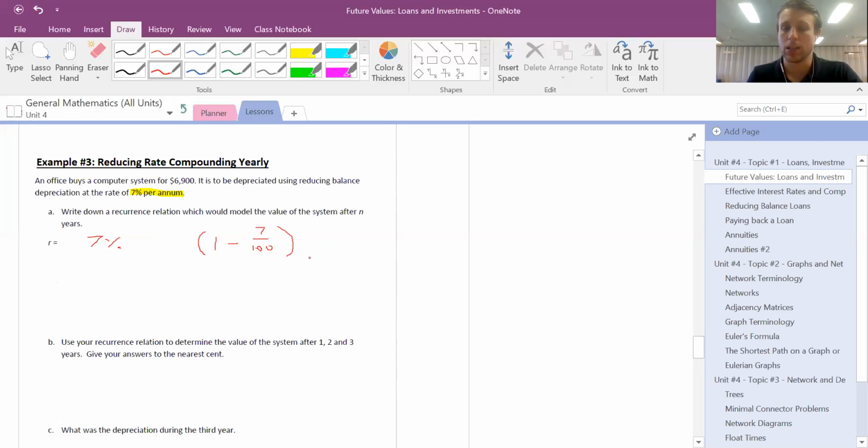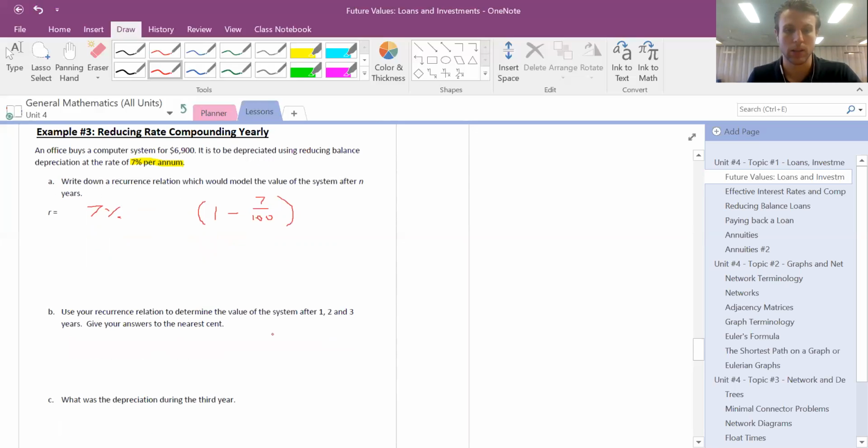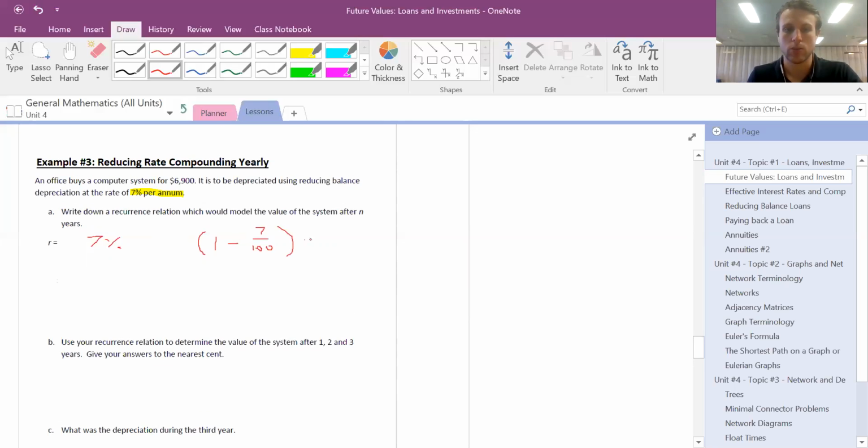We're not compounding by a certain amount. We're going to assume it's compounding by year, especially if I look through the problems that go down a bit further, it asks for years. So that's all we're interested in. And we are going to say that that is 0.93, which makes our recurrence relationship